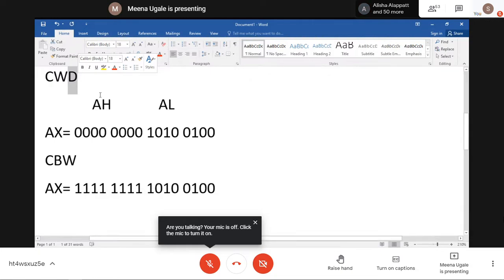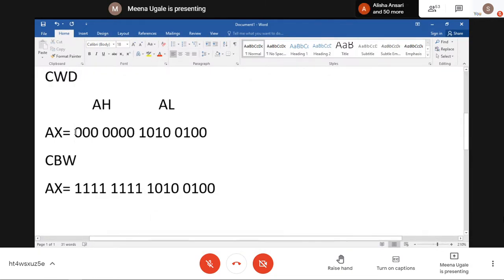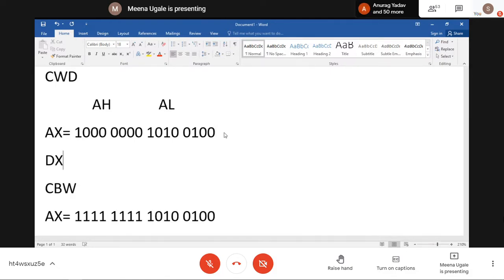See the example now. Initially, if I have something in the AX register like this, you can see on the screen. Initially, I have some content in the AX register, and with this it is going to use the DX register also, because we are going to require a double word here, which is possible with one more register.